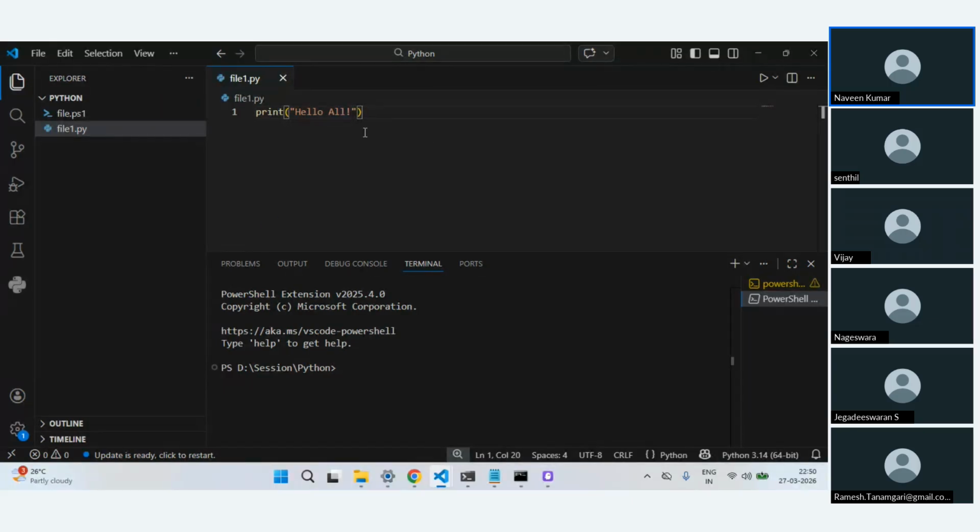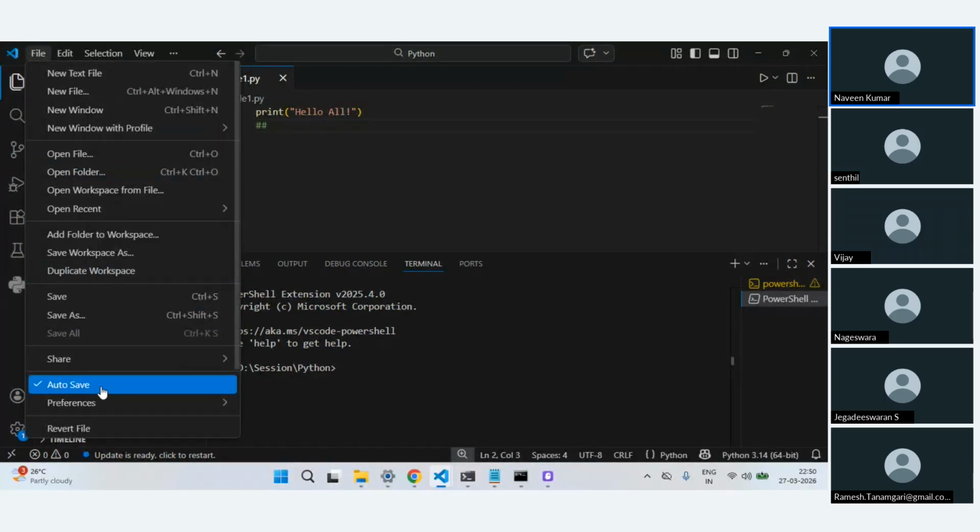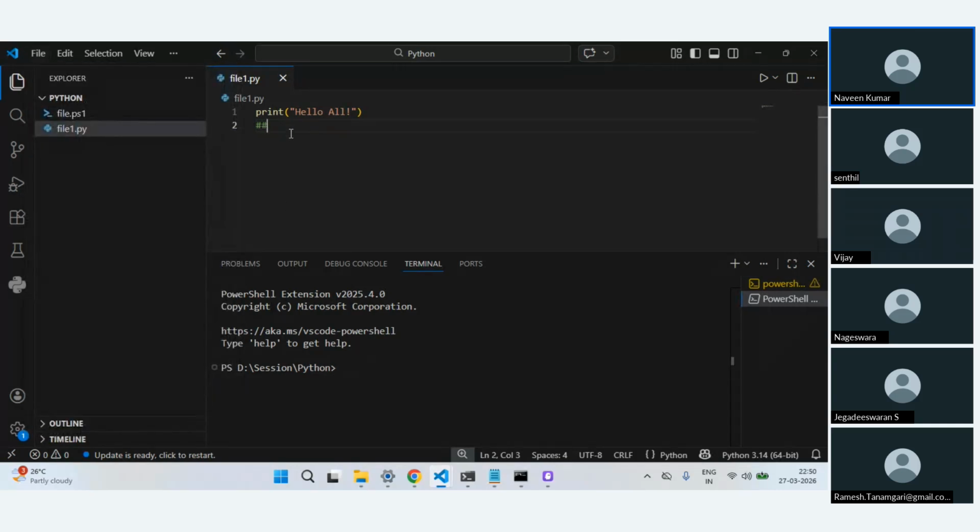If this is enabled, you'll not see the circle, even if I make any change, it gets auto saved. If you want that, you can have this enabled, and I felt it was helpful, because sometimes if I forget to save, this gets auto saved. Again, there is a drawback also. If you want to go back, or if you don't want to save it, then that's a different case.